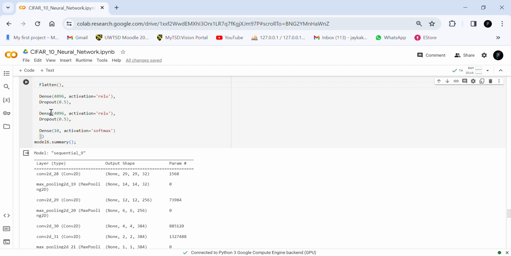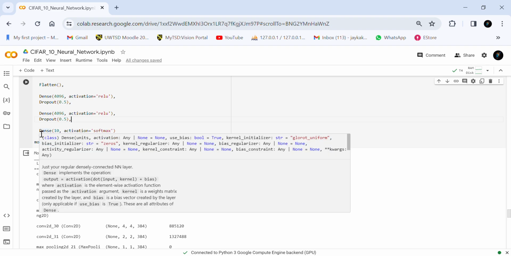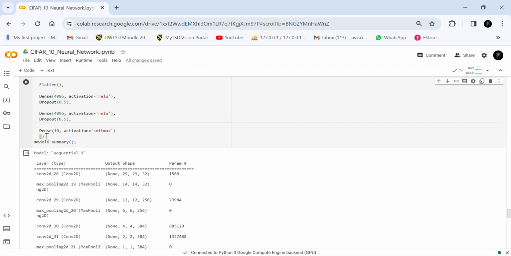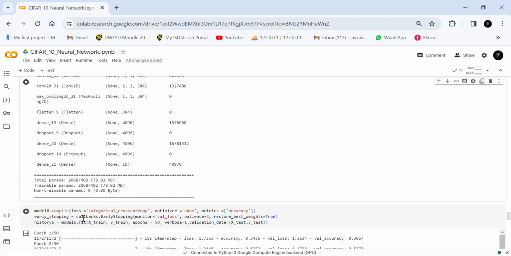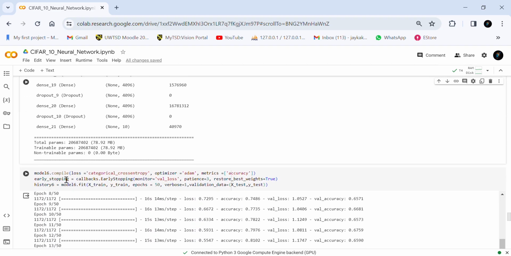Then we again add a dense layer with the same size and a dropout layer with 50%. And at last, we add the output layer with the size of 10. So this structure is the AlexNet architecture. Then we compile the model and feed the